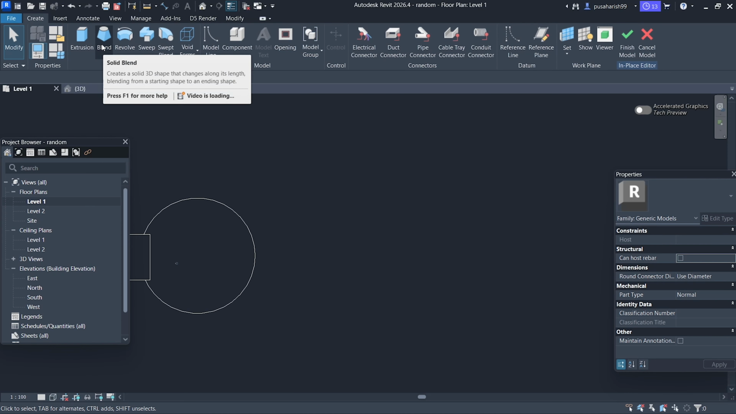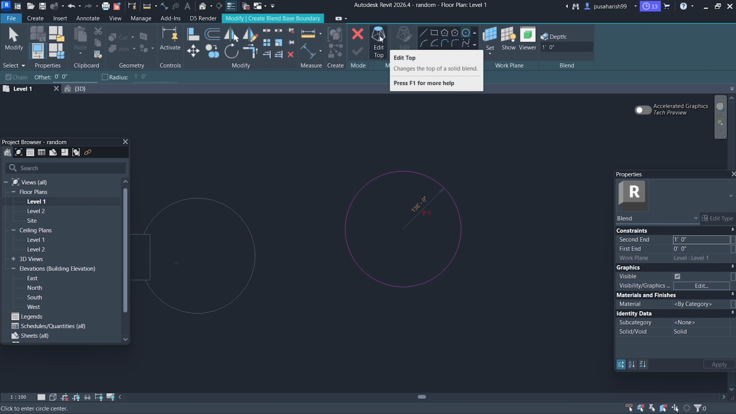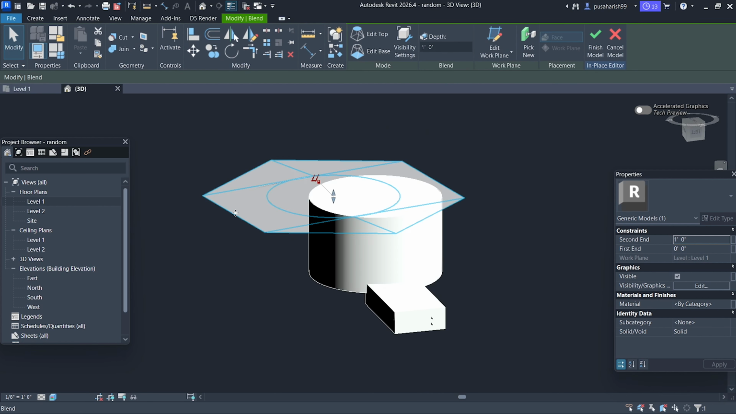Now we'll see what is the blend command. Click on blend. Blend connects two different shapes. It creates a smooth transition between two profiles. Select blend, come back to level 1, select circle, draw a circle, click on edit top, select pentagon, draw a pentagon, click on OK, come back to 3D view,